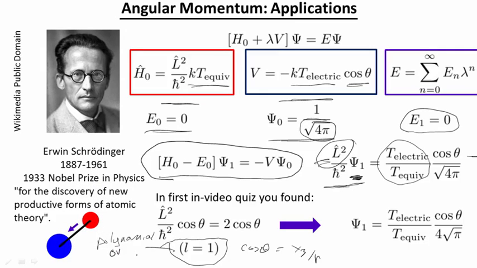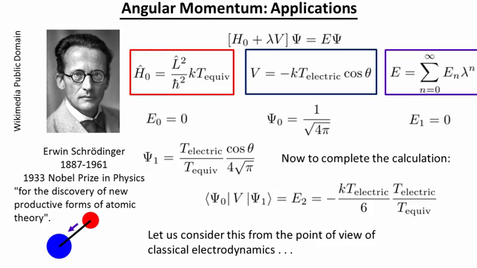So then, it follows that the first order wave function is of this form. So you see, in this case, the understanding of angular momentum enables us to solve the first order equation in a relatively straightforward way. Okay, so we've solved for the first order wave function, and we can now compute the second order energy by this simple formula. And well, okay, maybe this number doesn't mean anything in and of itself, but